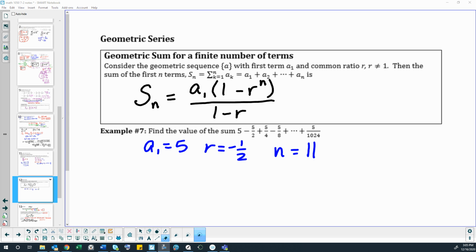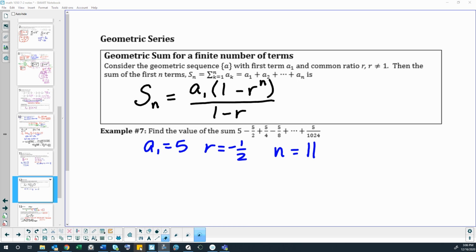Section 7.2, geometric sum or series for a finite number of terms. Now for geometric series, or for the sum we get when we add geometric sequences together, we can have either a finite sum or an infinite sum. Alright, so this is a finite sum. This example comes from a previous video. I believe it was part of example 2 when we were writing these in